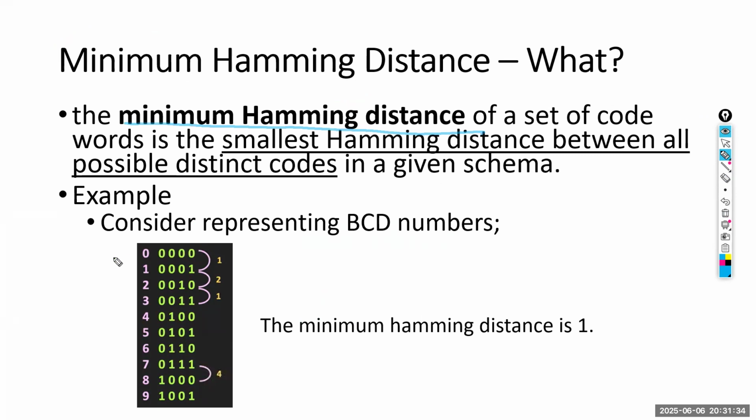Now assume this example. These are a possible set of codes. Forget about the zeros and this, because these are BCDs. Zero is represented by four zeros. One is represented by 0001. Two is represented by 0010, and so on. So forget about these things. These are our possible codes,